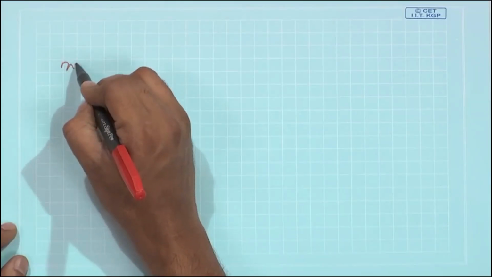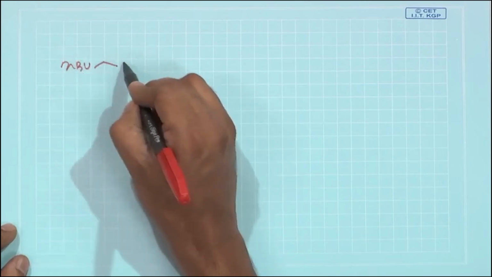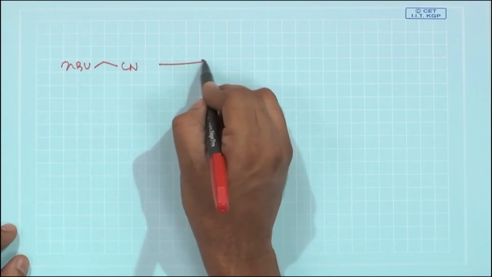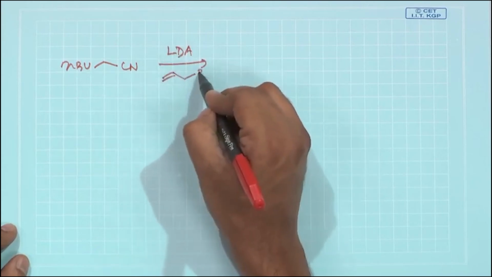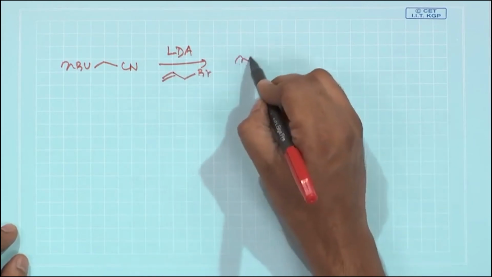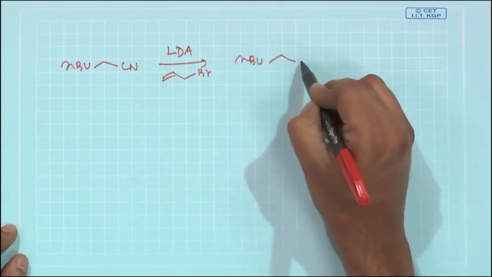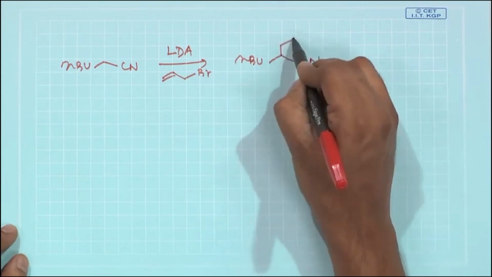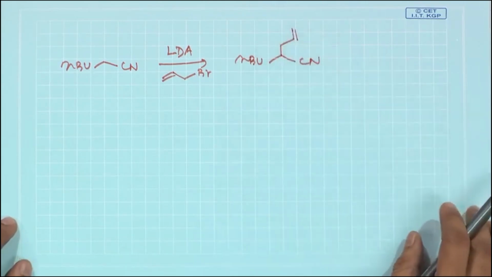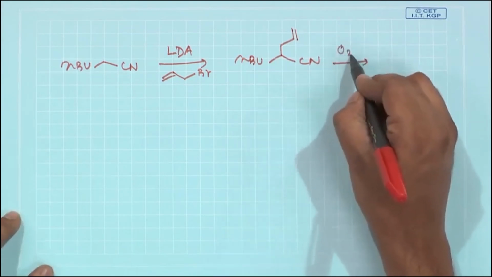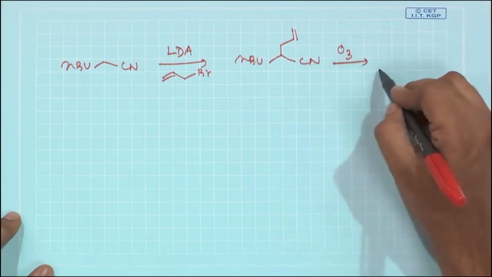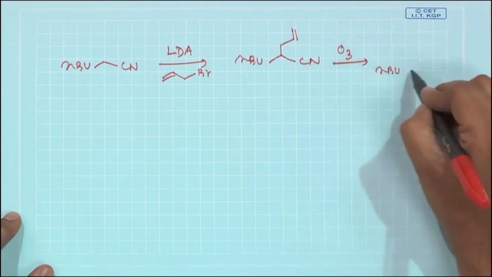So, now go to the forward pathway. Start with n-butyl CH2CN, treat with base LDA and treat with allyl bromide. And then this allyl bromide reacts here to give you this alkylated product. So, here you straight away do the ozonolysis, and that will basically give you